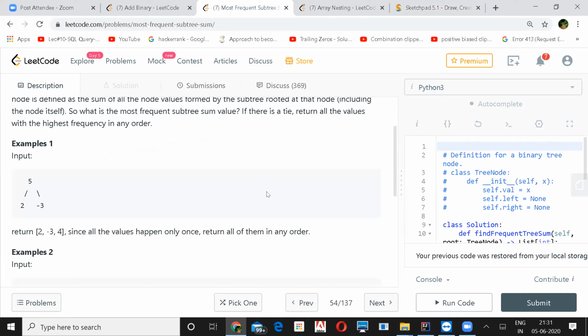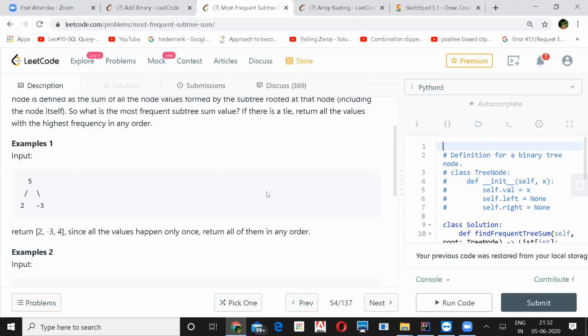Then just use something like a hash table or an unordered map in C++, and keep incrementing the frequency of that particular sum. Because in an unordered map, we keep the value and its frequency, right?